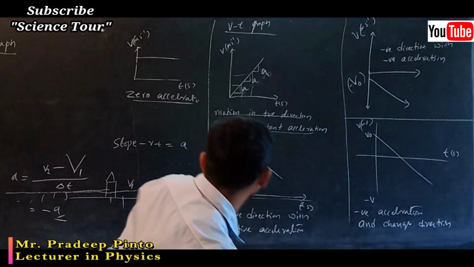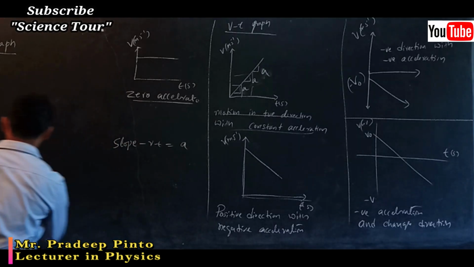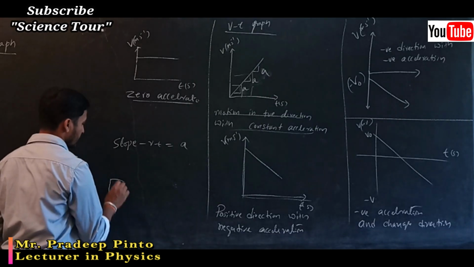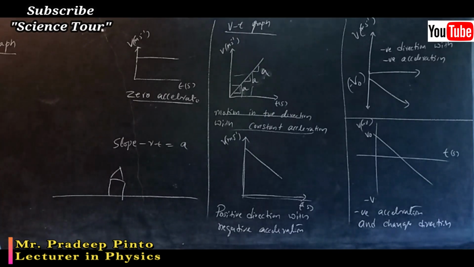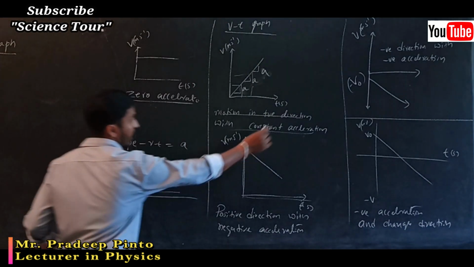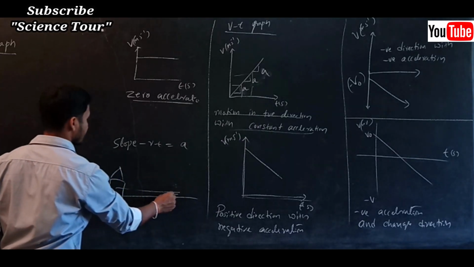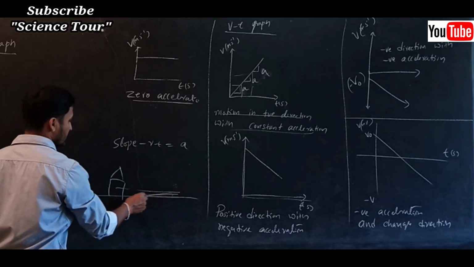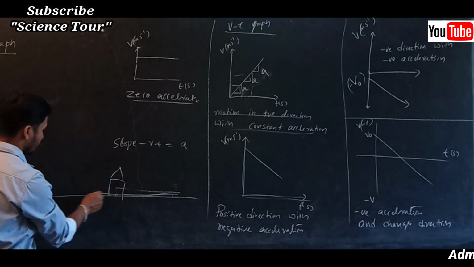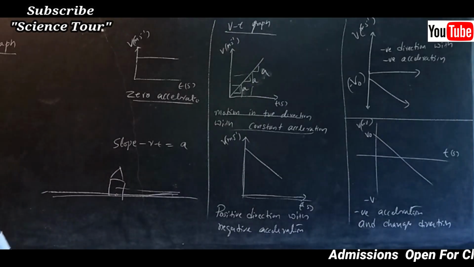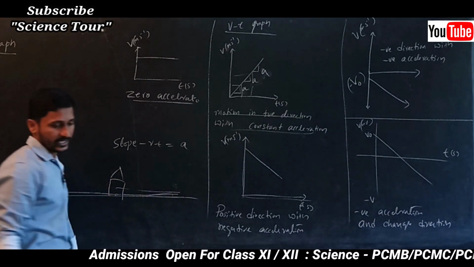That graph we can write diagrammatically in this way. First your velocity was more, large, some value, and after that it is going to decrease. At this point you are going to change the position, after that you are changing your direction to the negative direction, in that way. This is how we can write it diagrammatically.